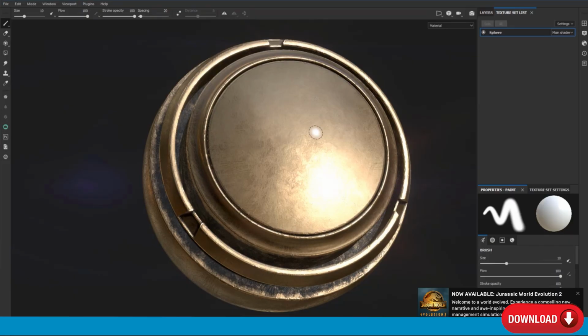So basically Substance is a very standard tool that every AAA game and AAA studio is using to create textures, and it's also used a lot in film studios. The big difference between Substance Painter and other texturing tools like Marmoset Toolbag